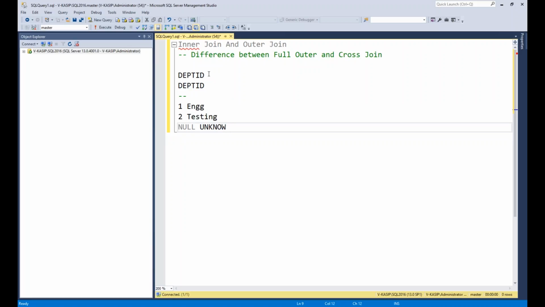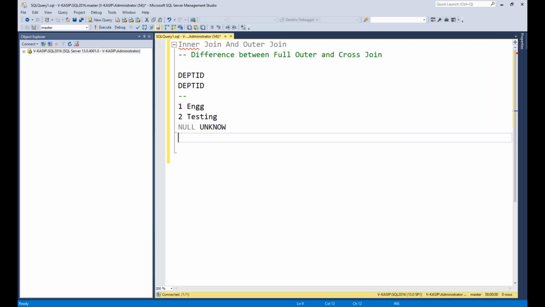In this scenario also, there is the null record. So whenever I display the department name for the null records, can I get the unknown as the department name or not? No. Why?